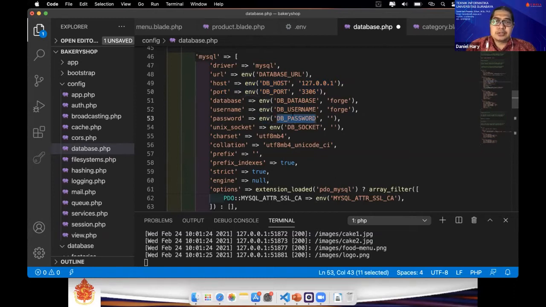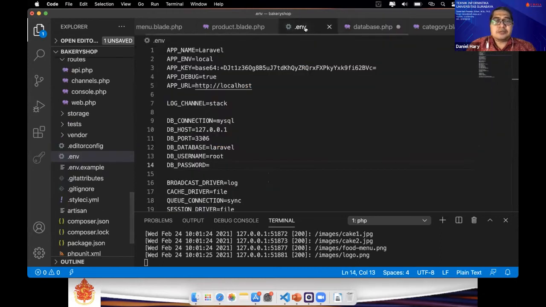So if we want to connect with our MySQL database, we have to put the setting here, or else the system will use the string here for the database and here for the username. But usually we put the connection setting in the env file.